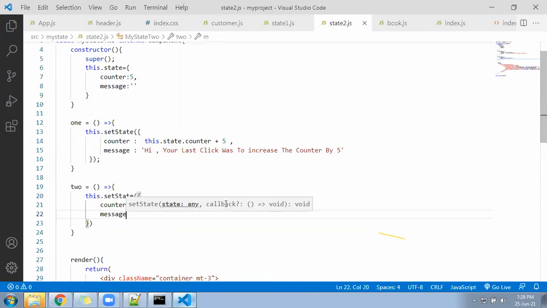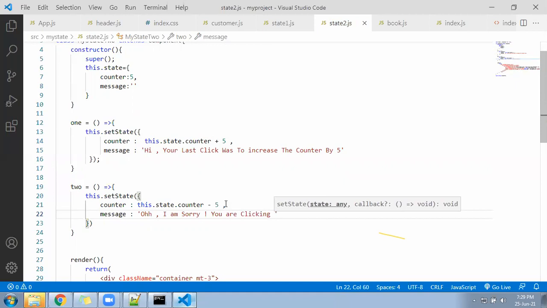Message right here. Oh, I'm sorry. You are clicking on the minus button.